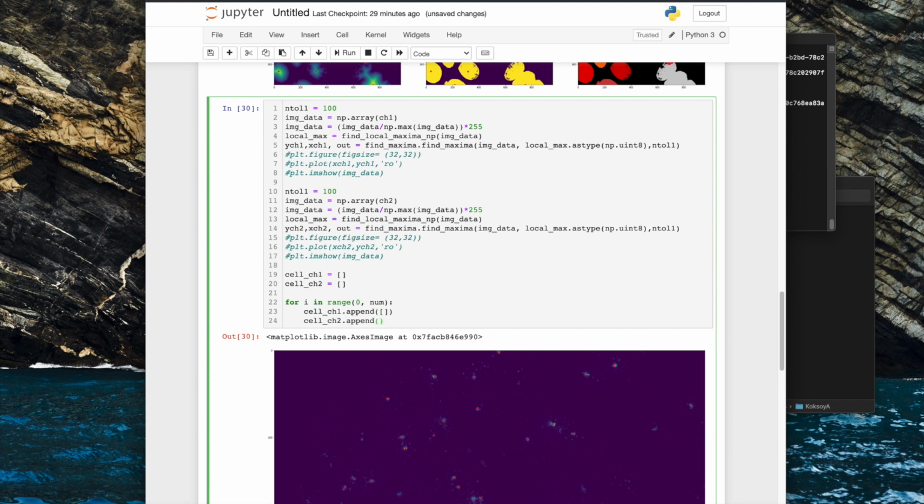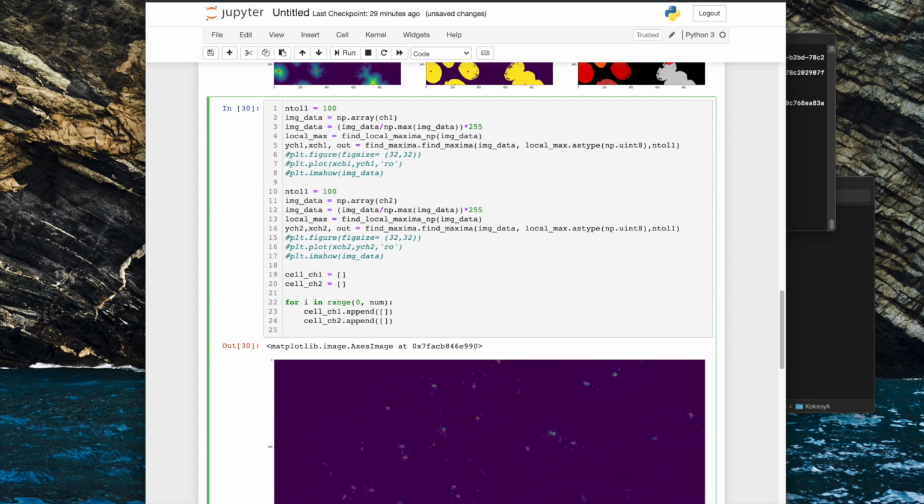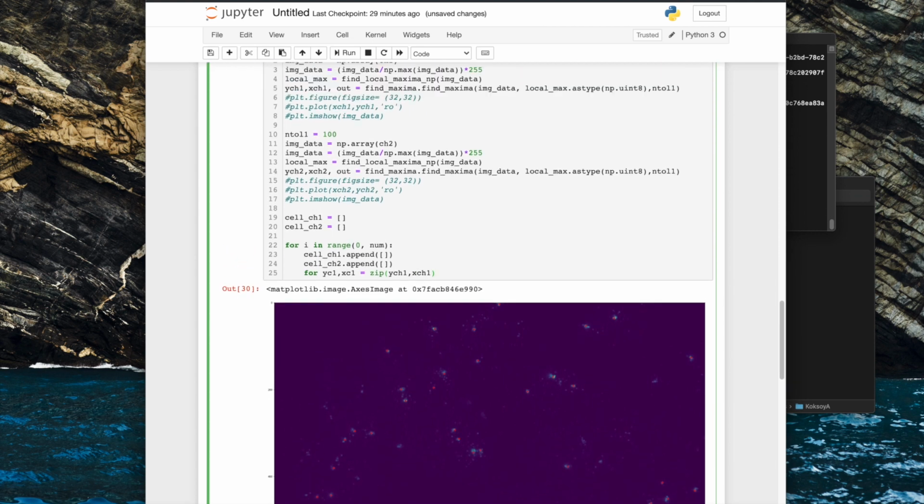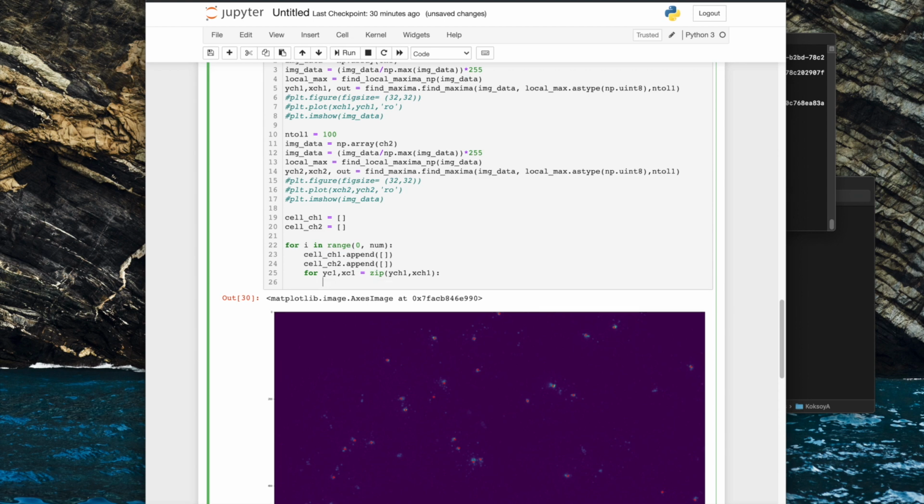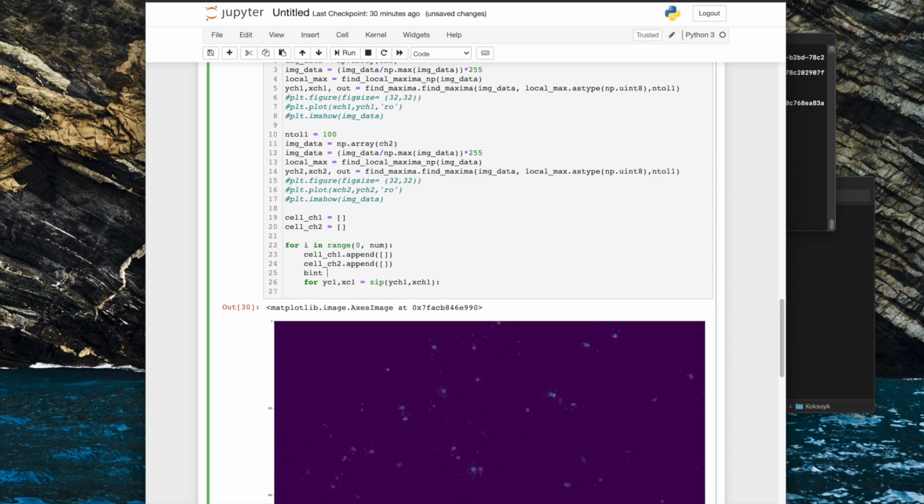So we don't want just one long array for each one, we want a separate array for each cell, and then we will go through the points in our overall image foci detection and see if they fit in the cell. So the way that we can do that is to create a new image which equals